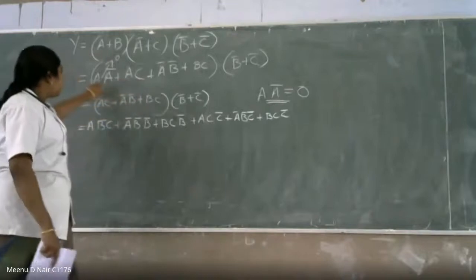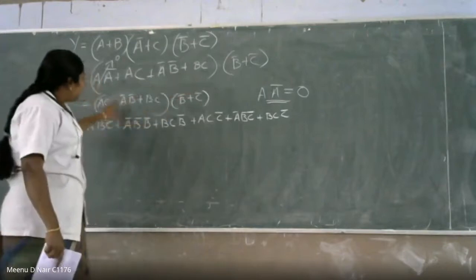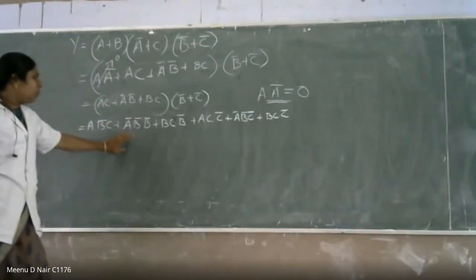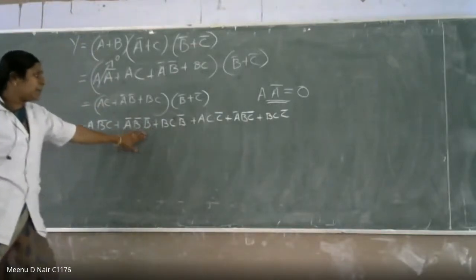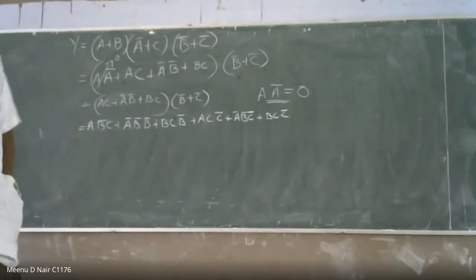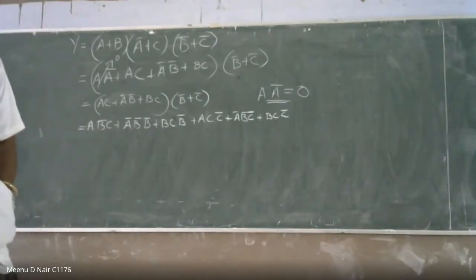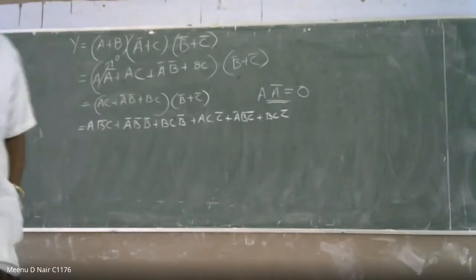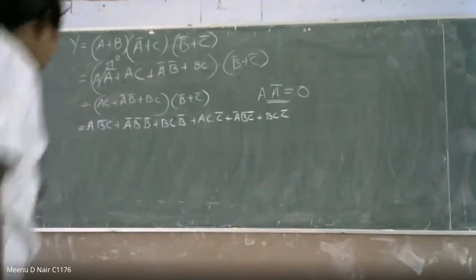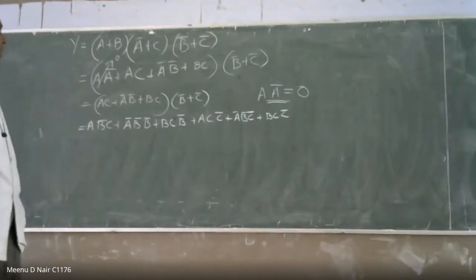So first step, you are eliminating A into A bar, which is equal to 0. Again, you are multiplying the first term with the second term. That is what you are doing here. So what terms will be eliminated from your step number 3? Which all terms can you eliminate from step number 3? So what is the final answer?